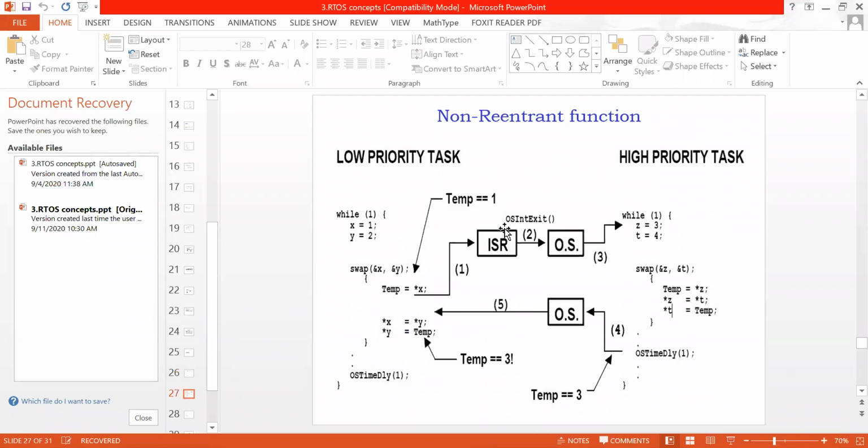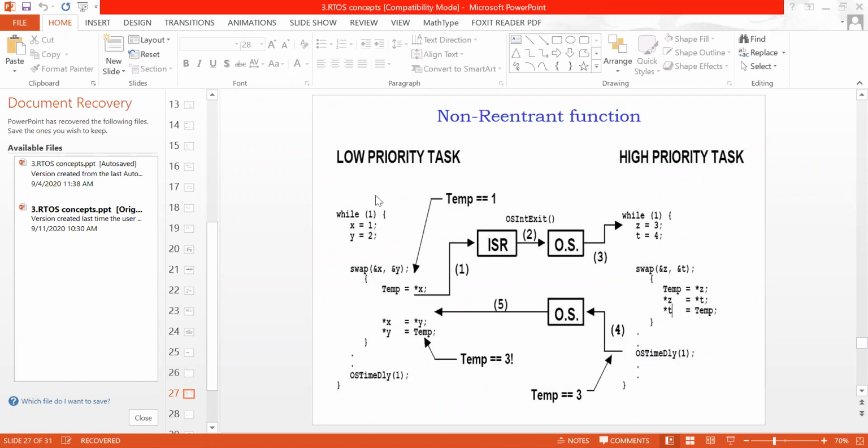Now this is a very interesting example. You have to correlate this swap function with two tasks. Let's say I have two tasks. First is a low priority task, and as usual, I have a high priority task. The scenario will be the same. I have one microcontroller and two tasks. One is a low priority task, and second is a high priority task.